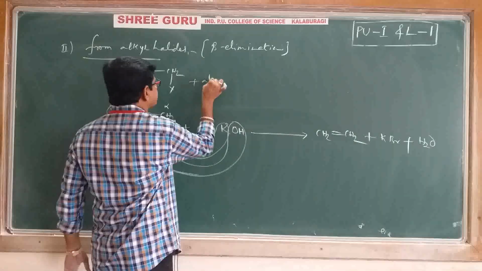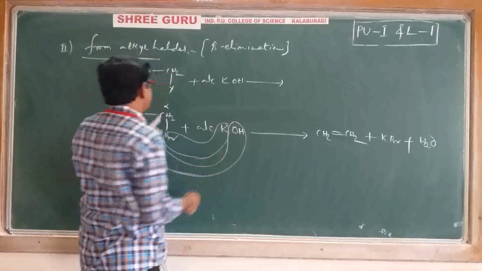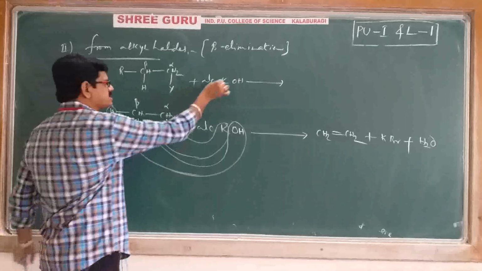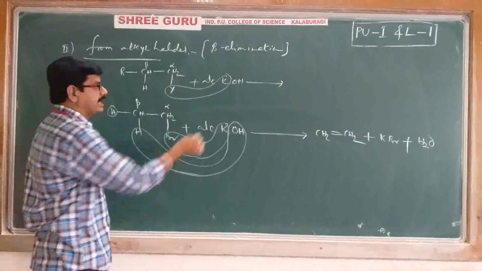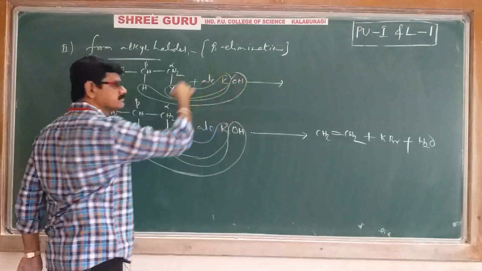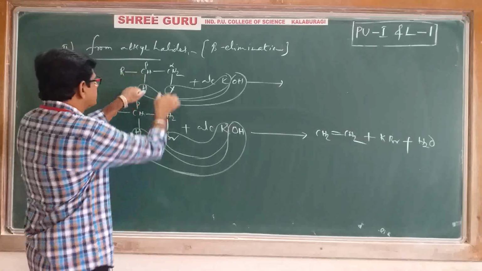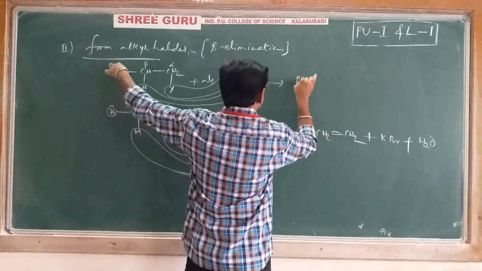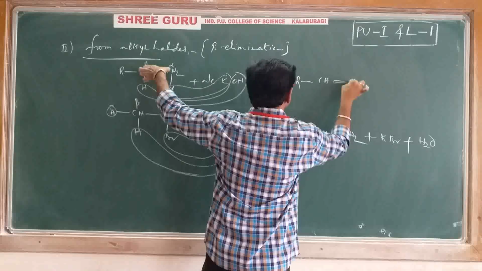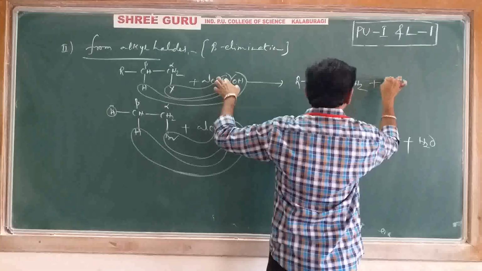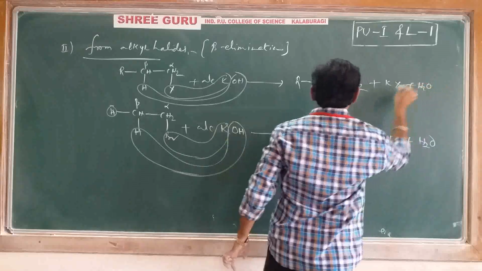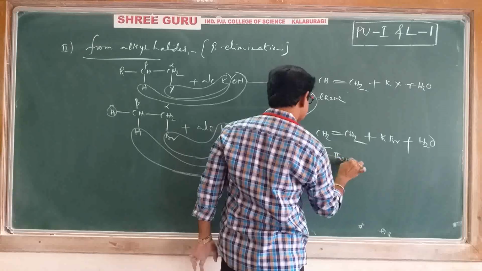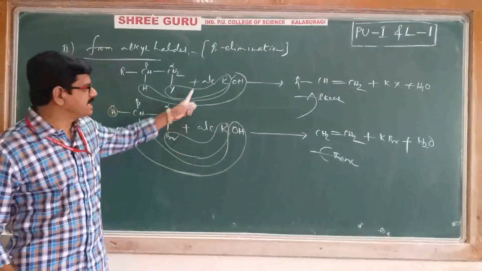Reacting with alcoholic KOH. The halogen-attached carbon is of course the alpha carbon, the next carbon is the beta carbon. Potassium is removing the halogen and OH is removing a beta hydrogen. Then both the bonds are breaking, so you will get a double bond here. Therefore, you will get R-CH=CH2 plus KX and water. That is nothing but an alkene, of course here ethene. That's the example and the general reaction.